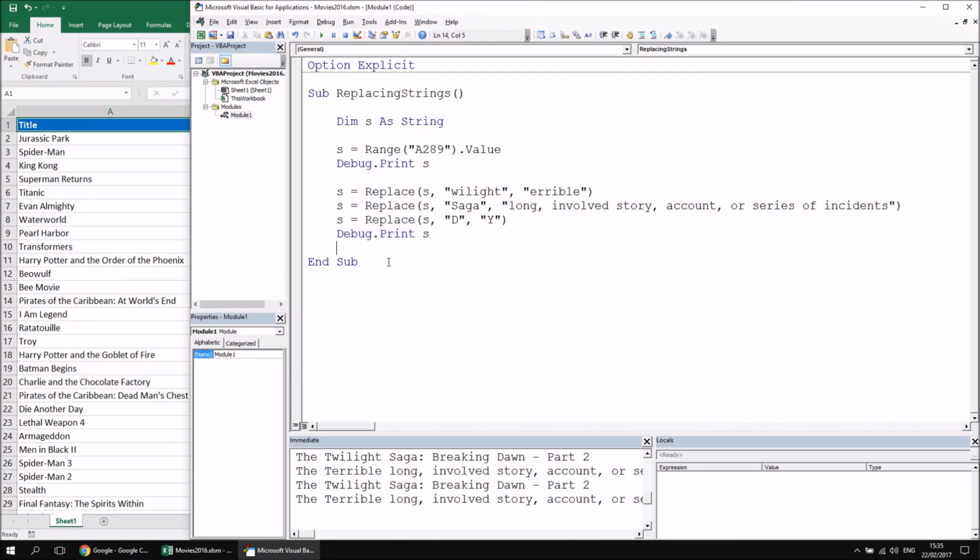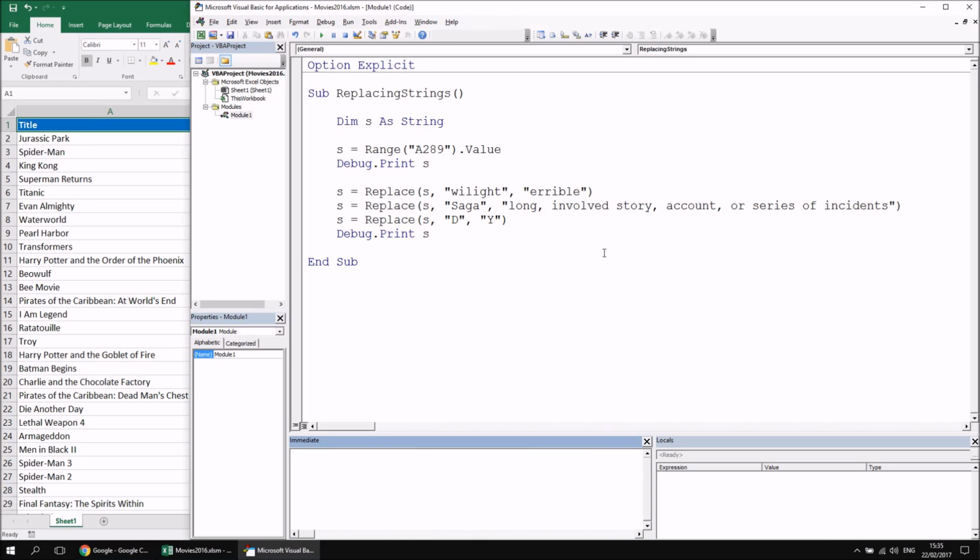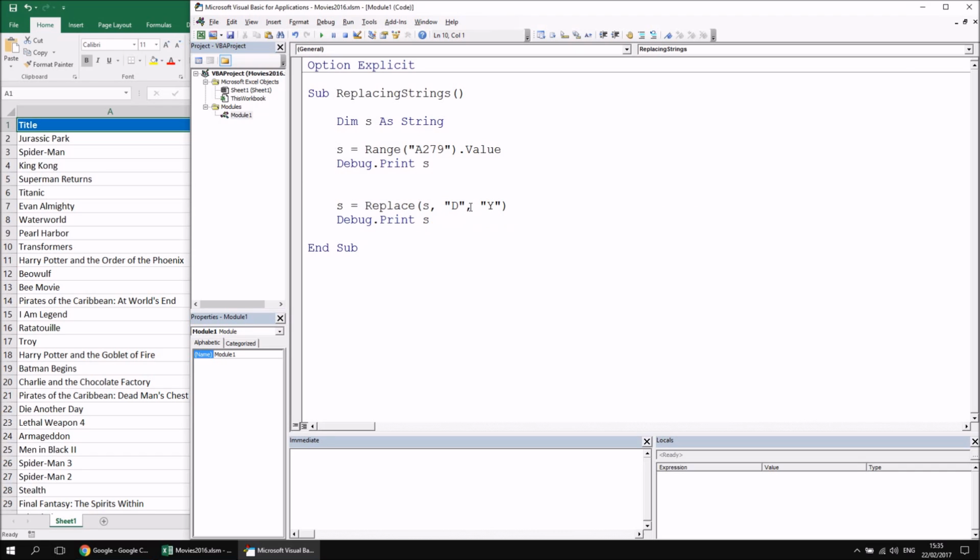Okay, let's move on a little bit and look at a couple of the other parameters of the replace function. I'm just going to clear the contents of the immediate window so we've got a bit of a clear space to work with, and then I'm going to make a few modifications to this procedure again. I'm going to change the cell reference from 289 to 279, and then I'm just going to remove a bunch of these replace lines, 2 of them at least, to leave us with